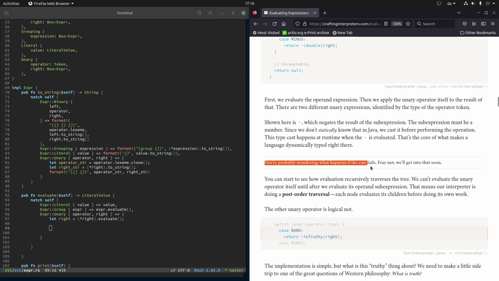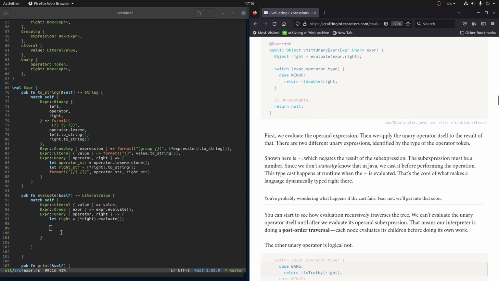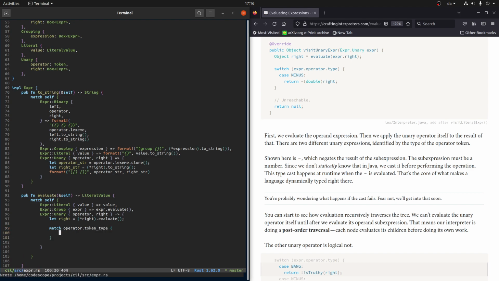I'm wondering what happens if the cast fails exactly. Okay, so it's just not finished yet. So let's look at the operator type, and if it's minus, we will try to